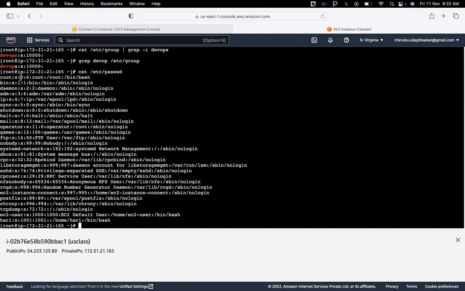So root is there. What is the UID of root, guys? 0. Then bin is 1, daemon 2, adm 3, lp 4, sync 5, shutdown 6, halt 7, mail 8, operator 11, games 12, FTP. FTP is an application user, 14, nobody 99, systemd-network something like 192, dbus 81, rpc 32. So these all are system related